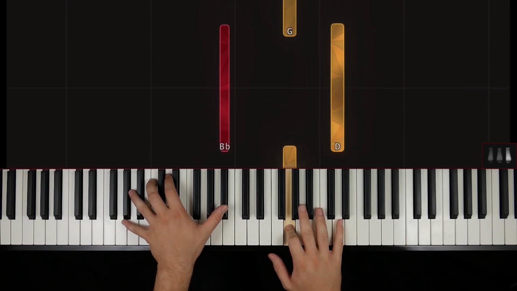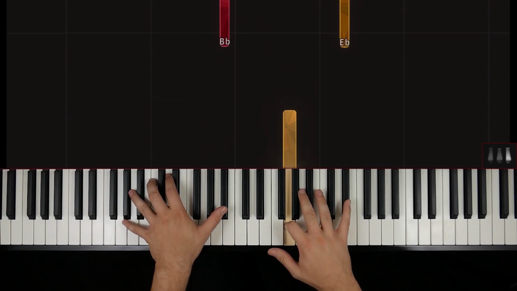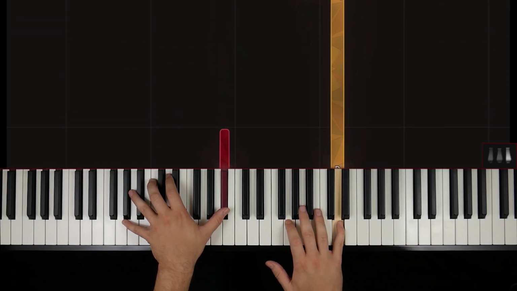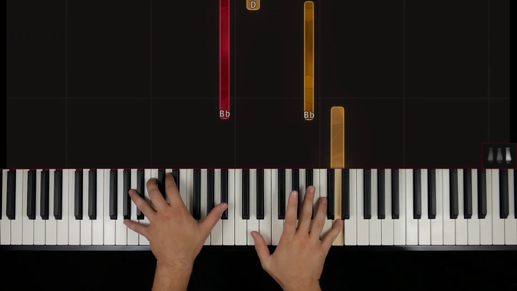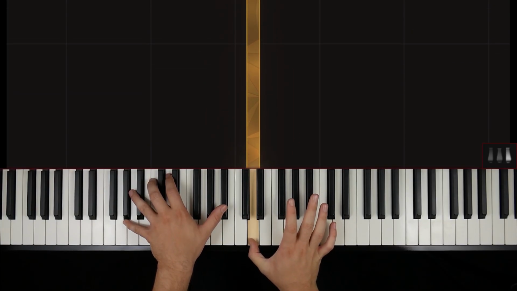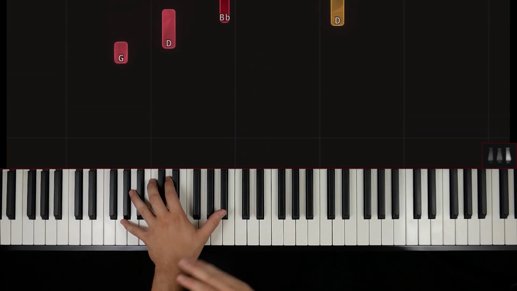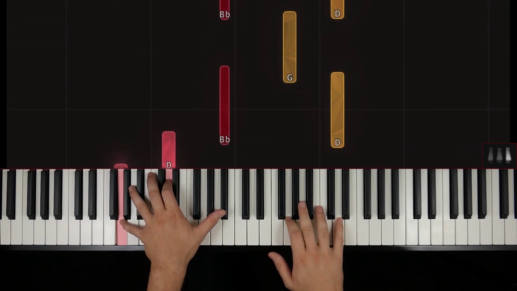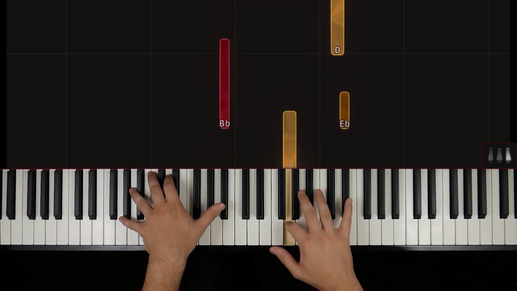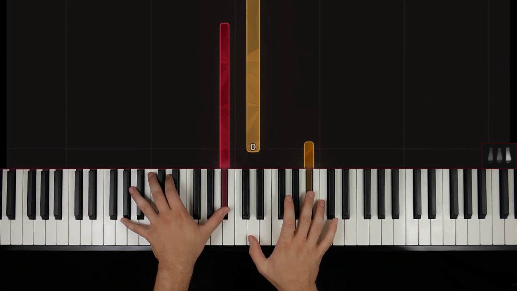and 2 and next 3 and 4 and. Essentially what you have is 2 notes in the right hand for every 1 note in the left. 1 and 2 and 3 and 4 and